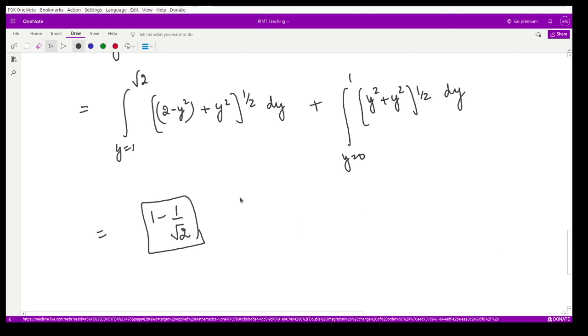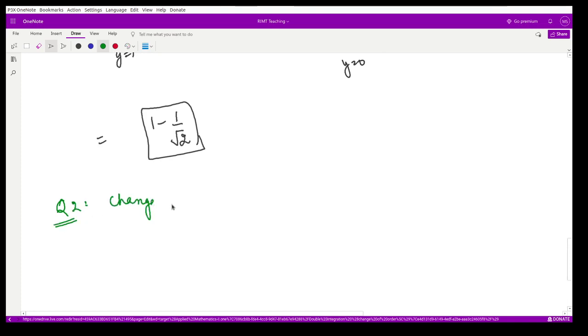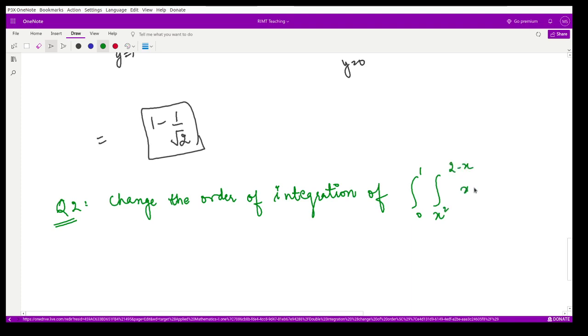So the next question is question 2, that says change the order of integration. Sometimes it is given to you in the question directly that you have to first change the order of integration and then solve. Otherwise, in some of the applications, whenever you are solving by the direct method, it becomes impossible to solve. The calculation becomes too lengthy and difficult, and sometimes the geometry is so typical that you firstly have to go for changing this order of integration and then evaluate it.